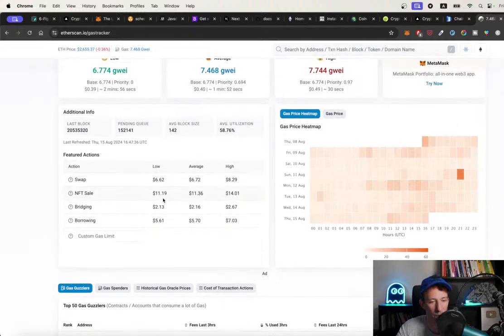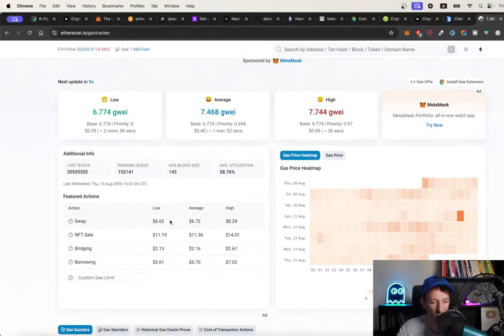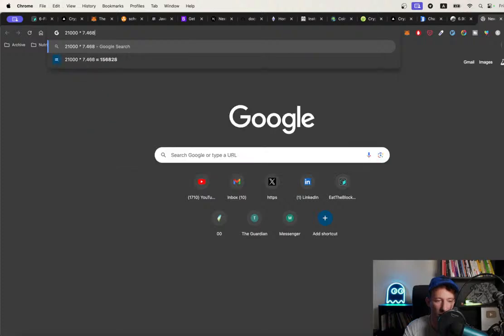So they don't give you the typical price of an Ether transfer, but we can estimate it a little bit. Okay, so average, this is its number of GWEI. So we know that an Ether transfer is 21,000 gas. So if the gas price is this,